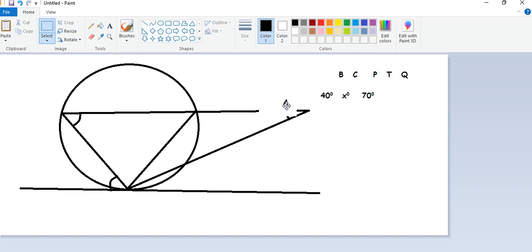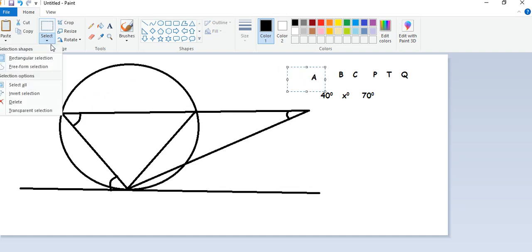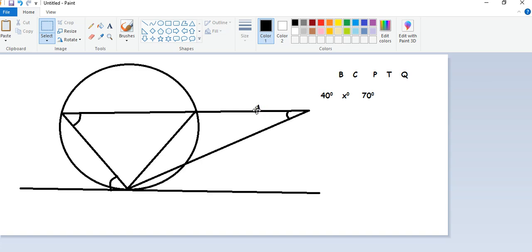Once you select A, you see the shadow. There's a shadow obstructing this image. Look at it. You see the shadow is obstructing the image. It won't be too good. So what you do is you come to select, click on it, click on transparent selection. So it is transparent already. Now look, it's no more disturbing it. The shadow is no more having any effect. So put our A here,